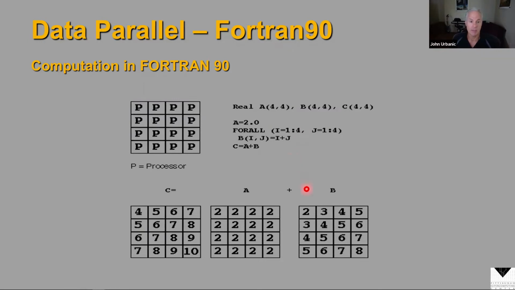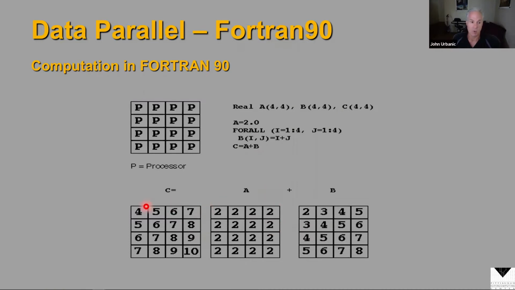So in Fortran, you can have nice array statements like A equals 2, and it'll set a whole array equal to 2. And B can be set equal to some for loop in parallel like this to have some structure. And then we can do a statement like C equals A plus B, one line that adds these two arrays together. If it's run on a system with a parallel runtime, this all happens in parallel.